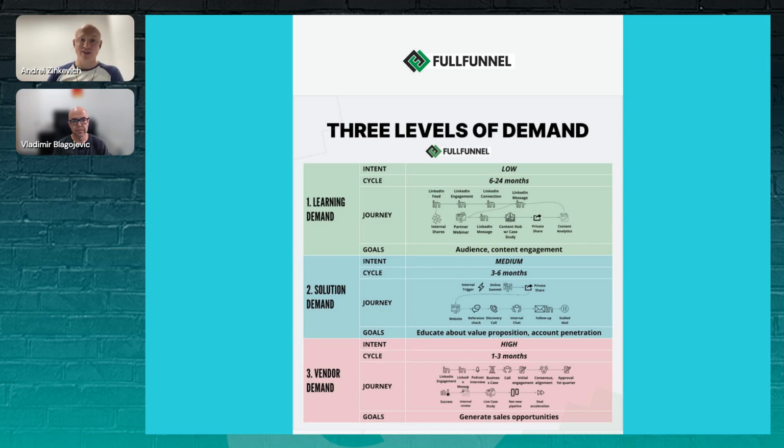And when they finish their research, when they get clear, okay, ABM seems to be the best solution, they start looking for vendors. And this is the shortest part of their buyer journey, right? The demand for vendors. So let's cover that one quickly. This is where they are actually starting to consider you as a vendor. They're looking for a concrete vendor, they're considering you, and your goal here is really to generate sales qualified